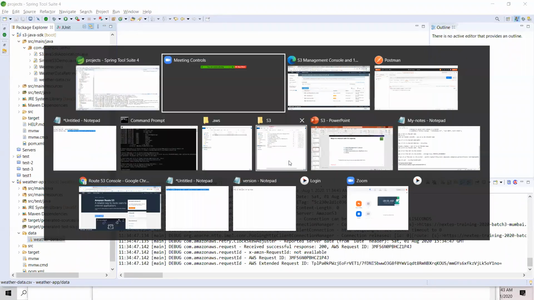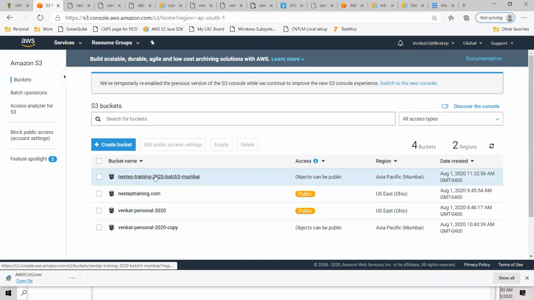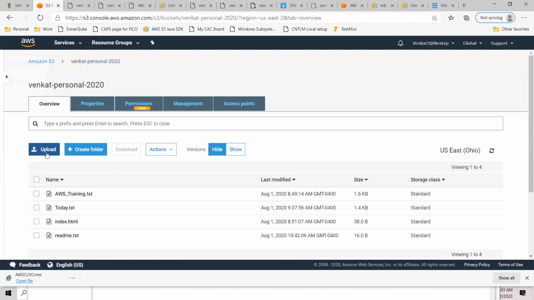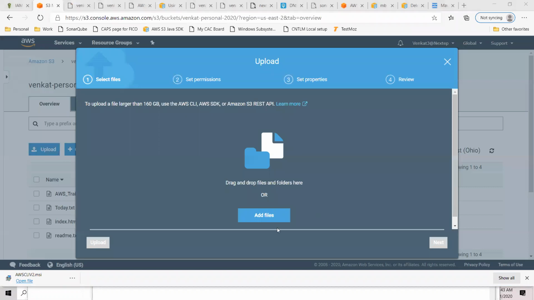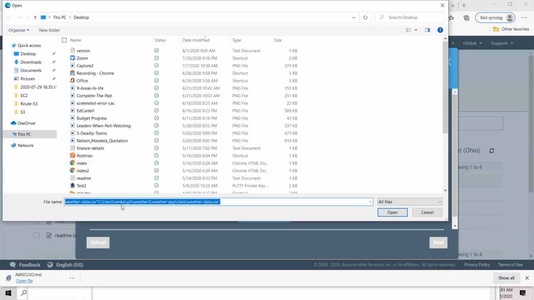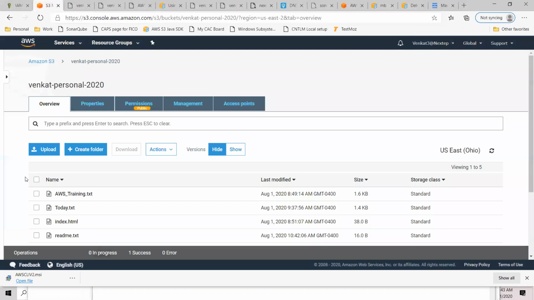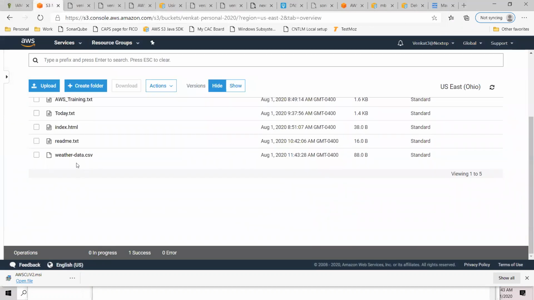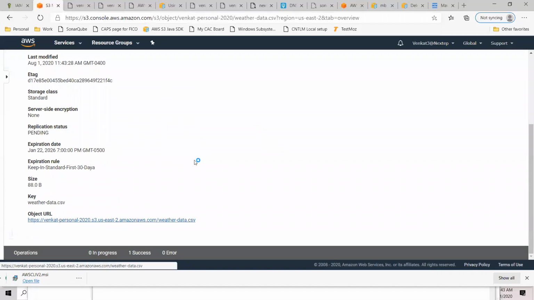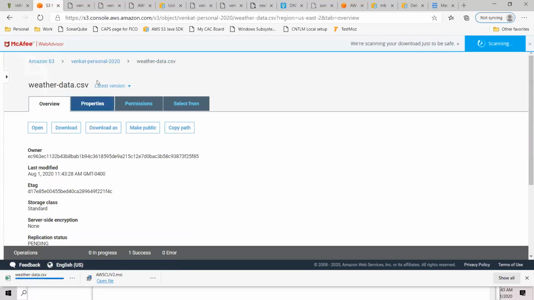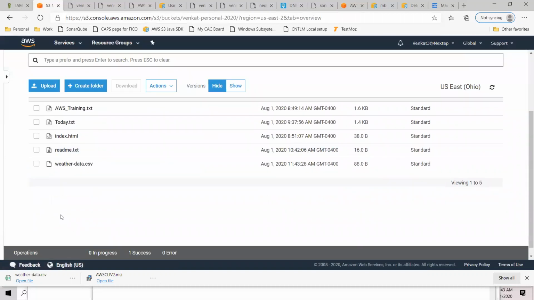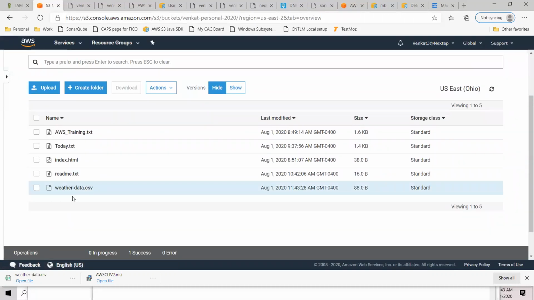Let's go upload it. Let me upload this file. I know it's publicly available data, a publicly available CSV file, because this whole bucket itself has been made public. So everybody can get it. Not a big deal, that's not the point. We already talked about permissions and security. So let's go pull this file.